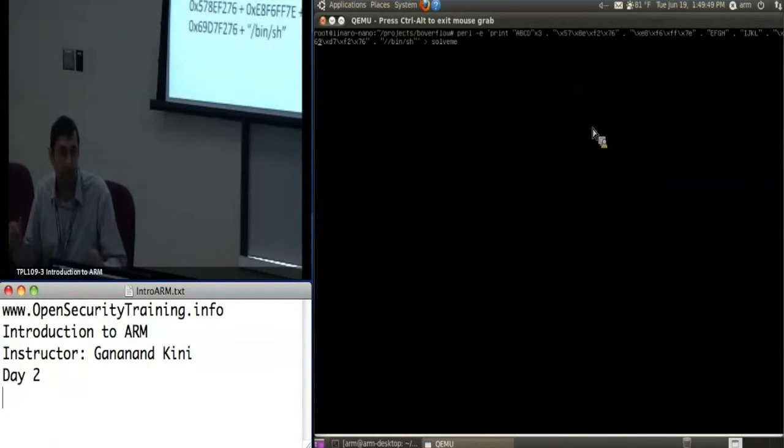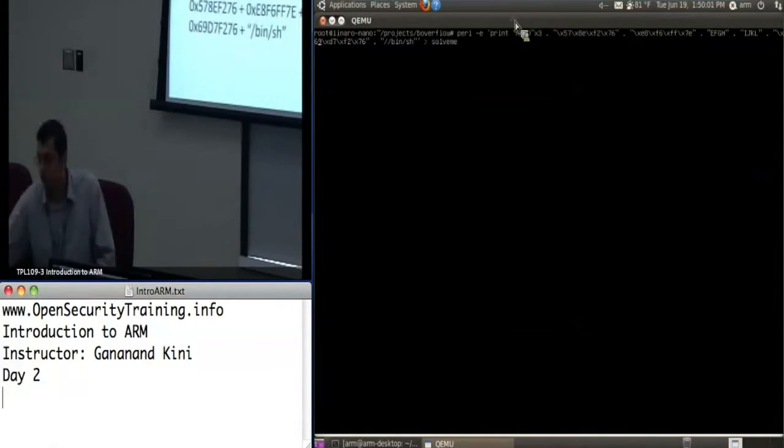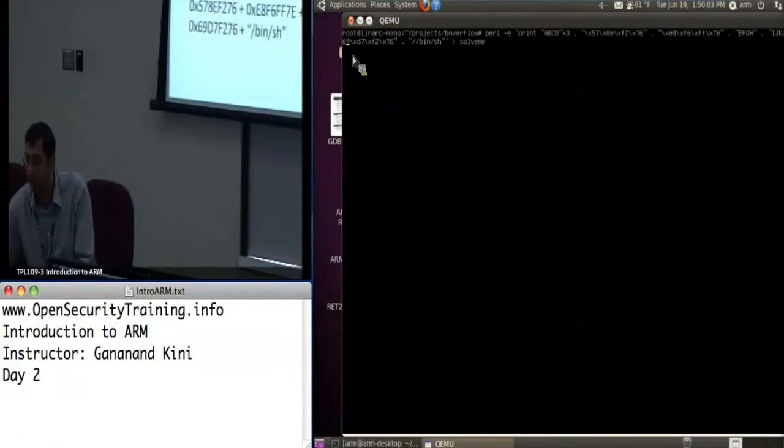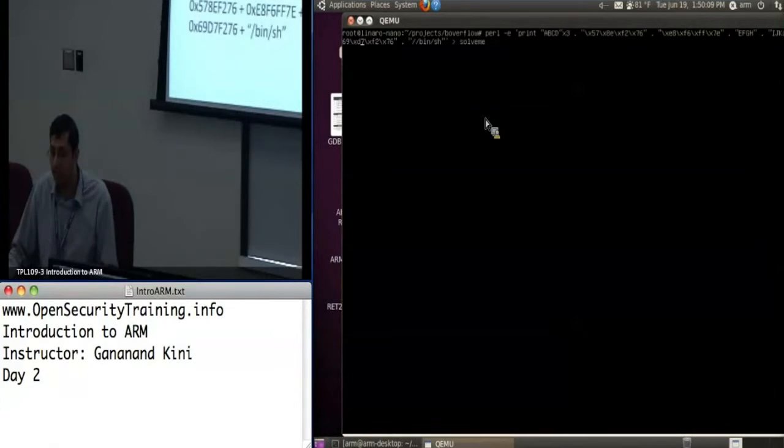Wherever there's a branch with link occurring, where it takes the address from the link register and puts it into the PC, you have to add 1 as the least significant bit. You can't see that, but that's actually a 69 there. So instead of a 68, I just added 1. And again, this address has to be in little endian format. And once you have the system address, I put the shell's string and pass that through onto the stack. So once I have this,